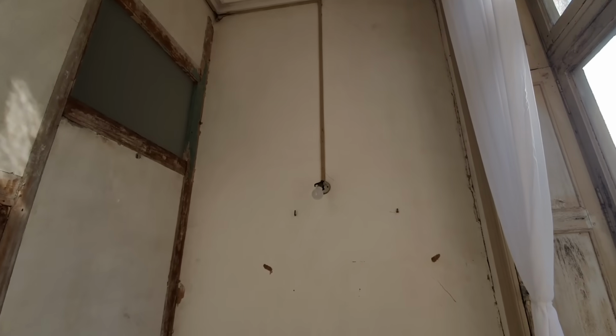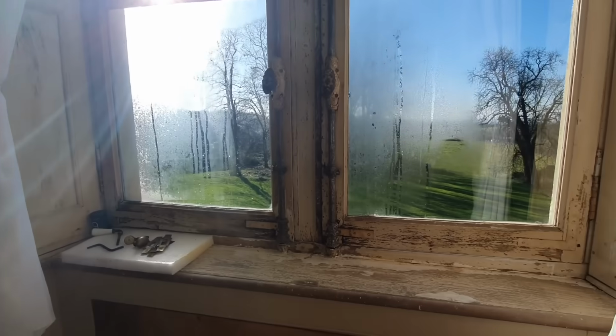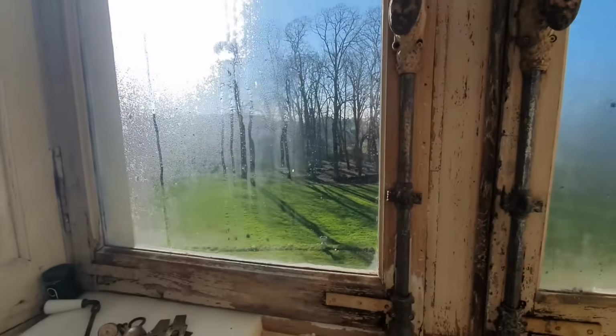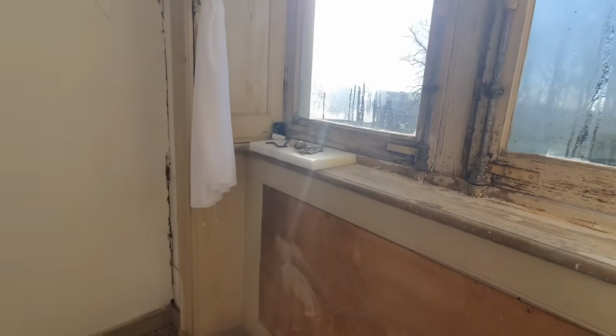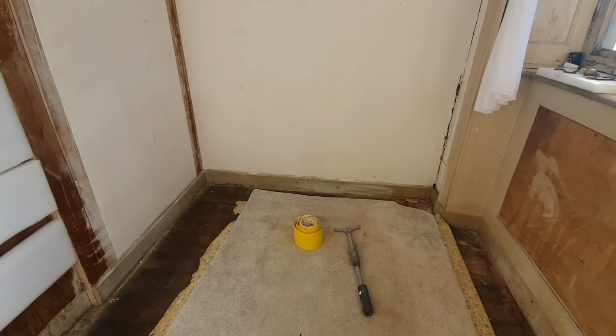it's a beautiful sunny day. The sun streams through here, being a south-west facing window. If you can see through the condensation, it has a view of the park and the Petit Bois. So I'm going to work, before I get the scaffolding in here, and it does fit perfectly, I'm going to